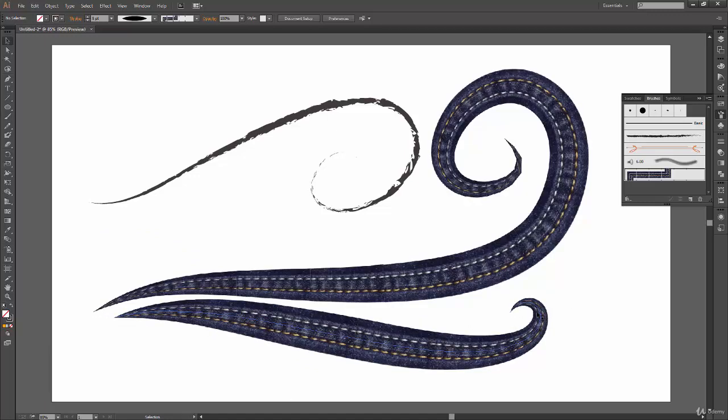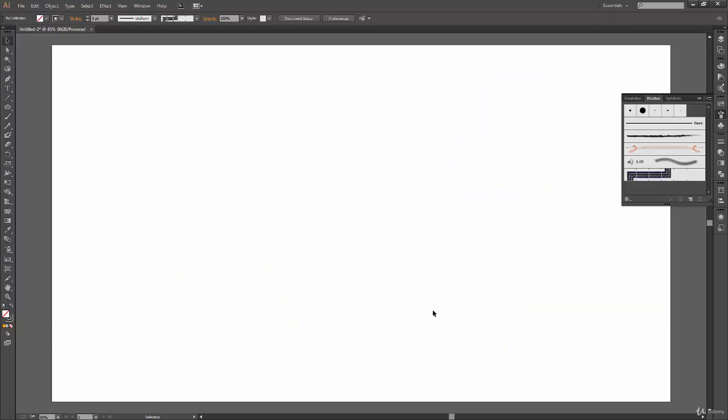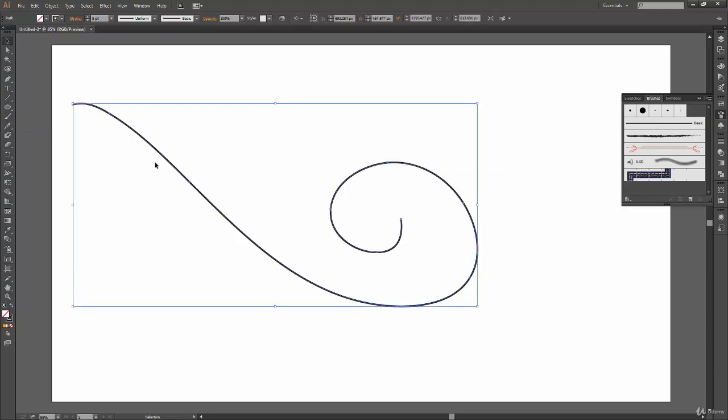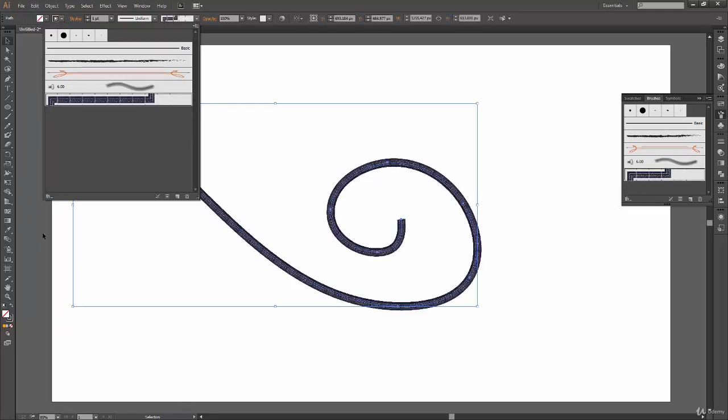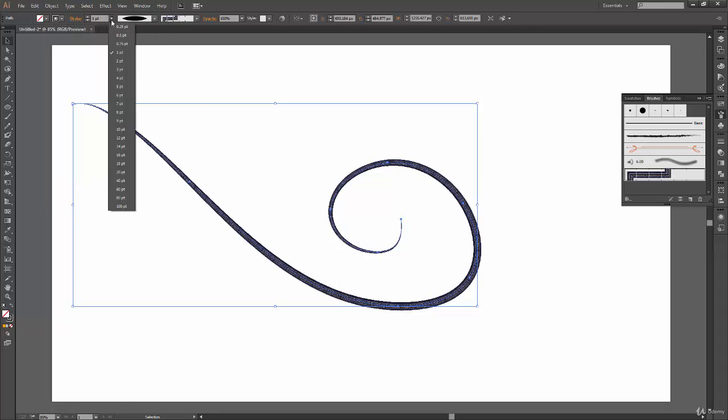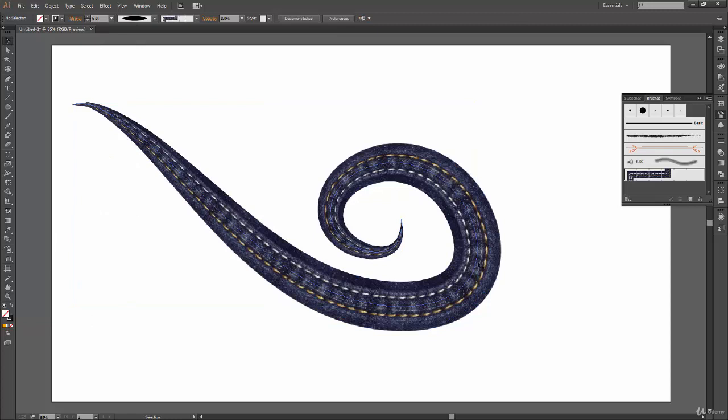Okay, but now you can say that we try to do the same thing using pencil tool also, and it worked really fine. I mean, let me just delete all these things, and let's have our pencil tool, and I'm drawing this kind of stroke over here. Okay, so what if I got this kind of stroke? What I can do is go over here, select this brush definition, select this width profile, and increase weight from here to 6 point, and everything works just fine. I mean, it's exactly the same thing which we have achieved using brush tool. Yes, I agree that you can do something like this using pencil tool also.